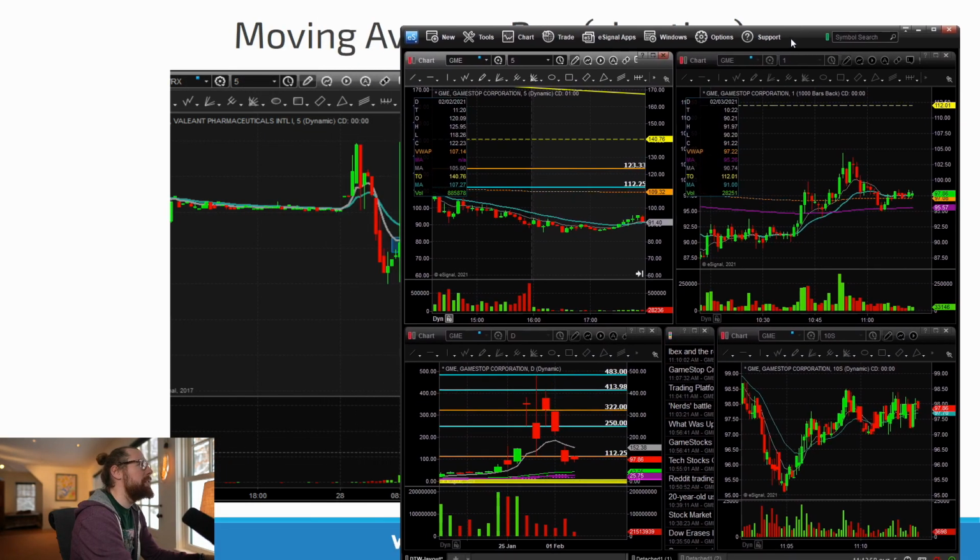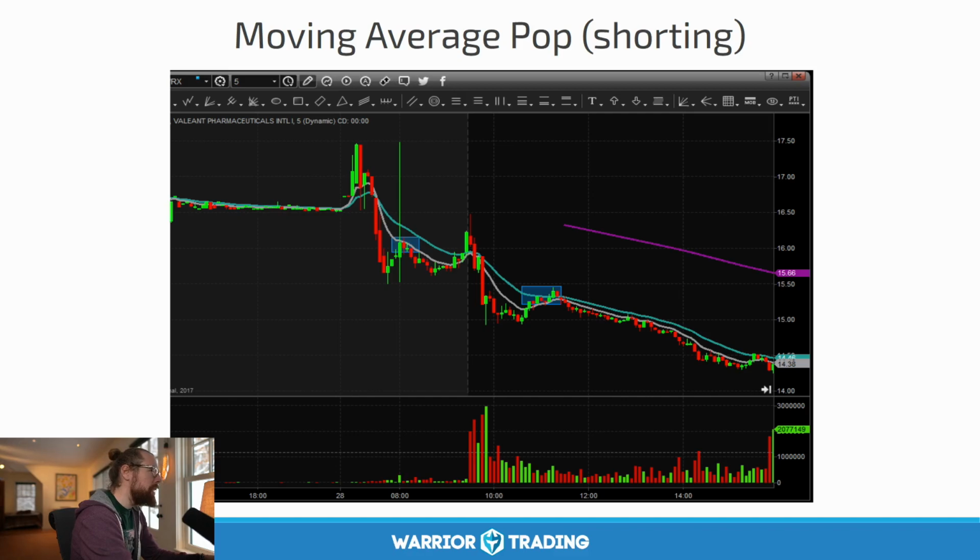Typically, the strongest stocks that I trade, we won't be doing a lot of moving average pullbacks on them because they're so strong that they have those brief bull flags and then rip higher, or brief micro pullbacks and then rip higher. A moving average pullback is definitely a little bit more of a sign that the stock is struggling a little bit. So again, though, this is just a brief example of this pattern, which you'll see more of as we continue